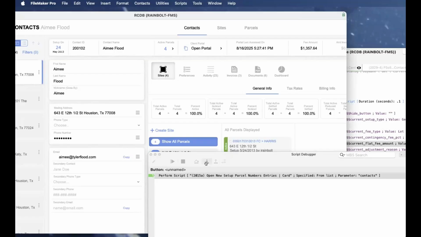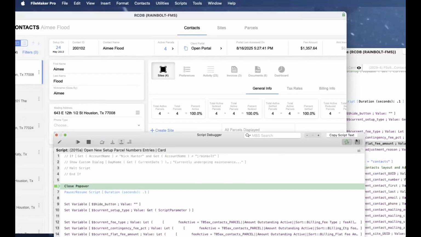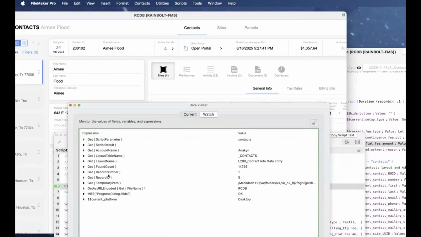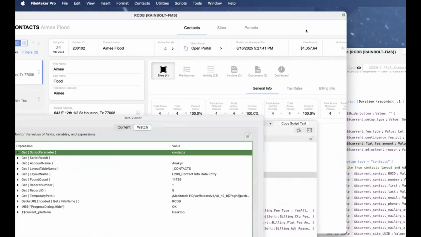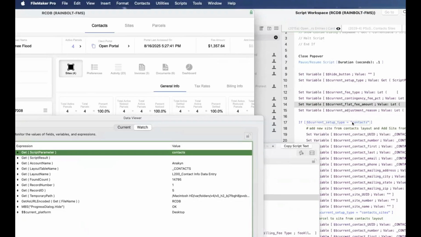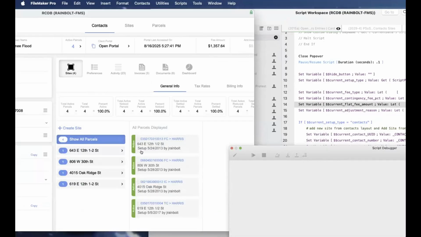Here I have a parameter, and the parameter is this, contact. So the script says, if the parameter equals contact, then you do this. Because if I launch the script from here,